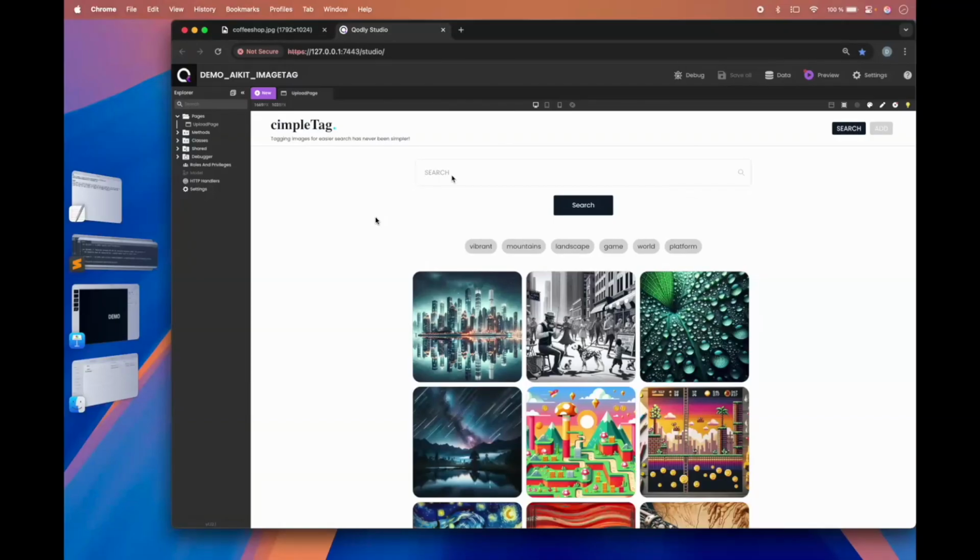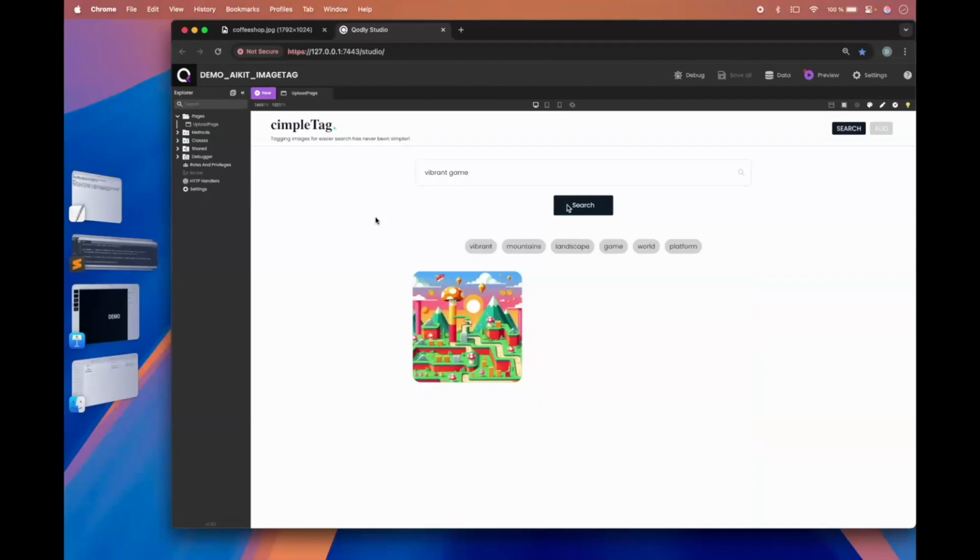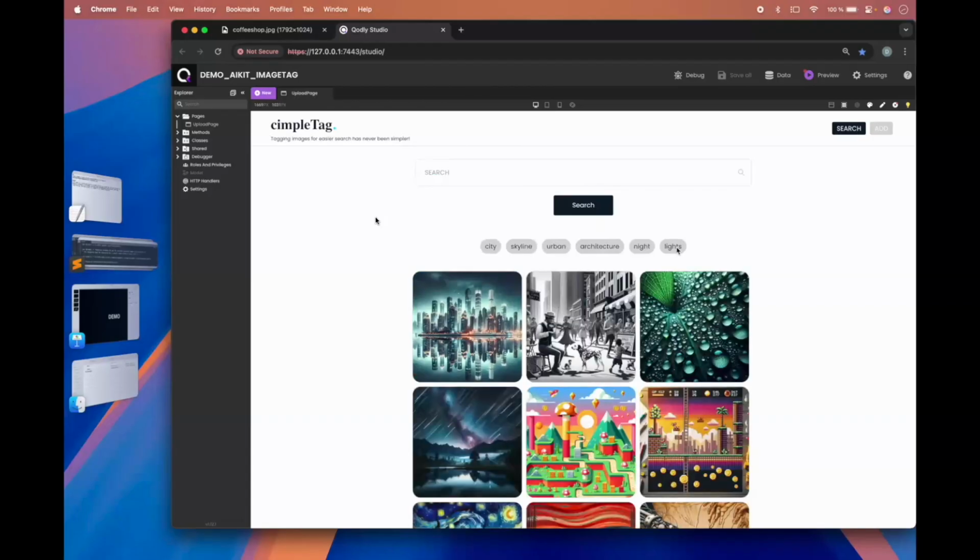So for example, if I want to have only pictures that have vibrant color, I just tap vibrant here. And I also want to have games. Okay, so here I have only one picture that has vibrant and game tags. Okay, so let's delete that, and let's see how to add tags to a new picture, just clicking on